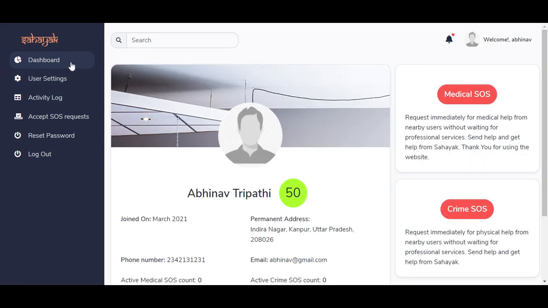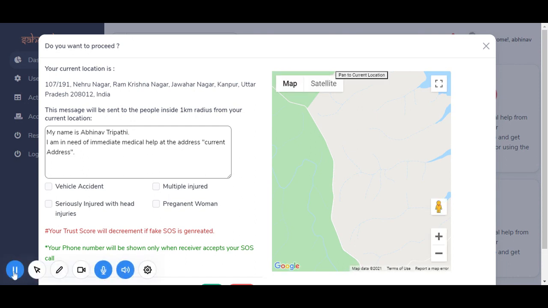On the dashboard, you can see that the user can generate two types of SOS request: medical SOS request and crime SOS request. When the user clicks on a medical SOS request, a confirmation message will pop up. On this confirmation page, the user will be able to see his or her current location according to GPS. The message will be sent to other receivers nearby, in a 1 kilometer or 2 kilometer radius.